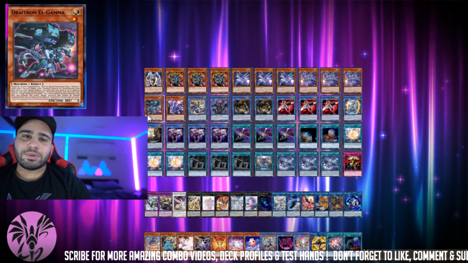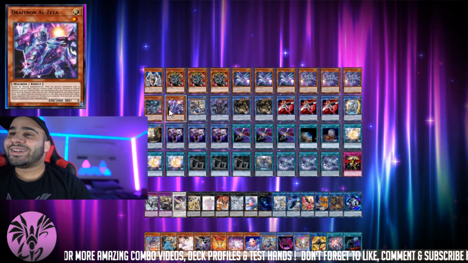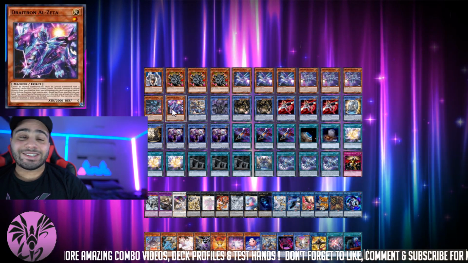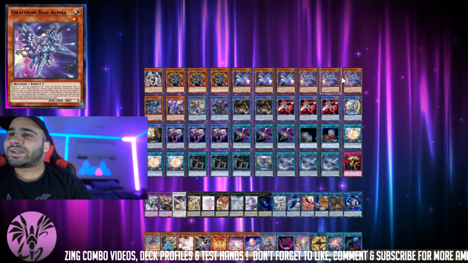I play 1 Gamma, which is a monster reborn. Yes, not a hand trap that negates monster effects. I know. The more you know. Anyway, Zeta, that's also not the level 7 Synchro monster. They pretty much have effects of the